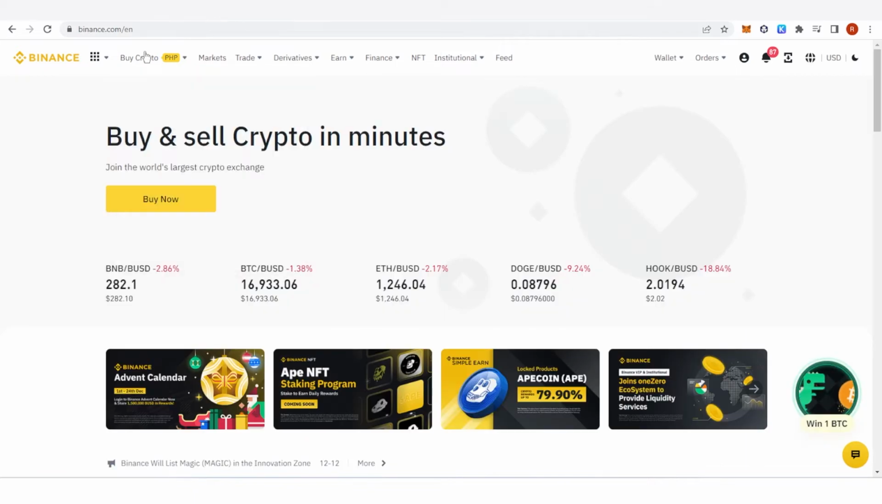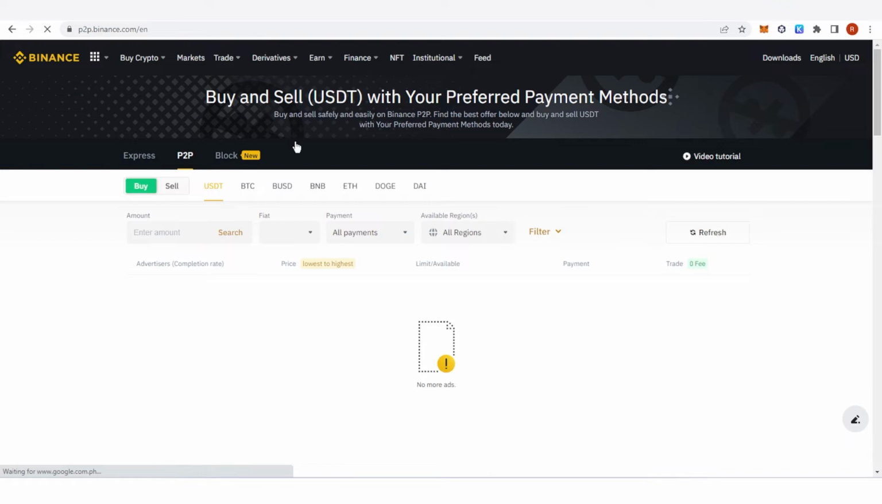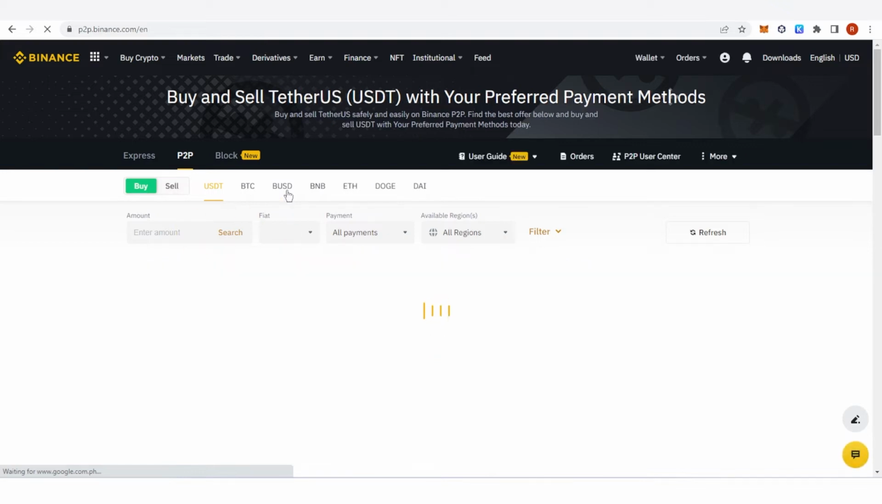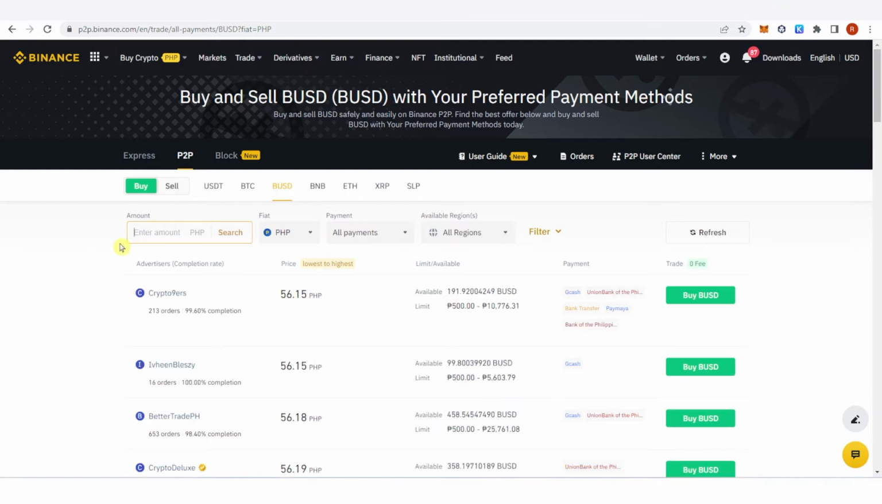And now let's go to P2P trading. Now click BUSD here, and you can see the amount here. You can type the amount, your fiat, your payment options. You can choose any payment options and the available regions. So let's say I want to spend 5,000 PHP,